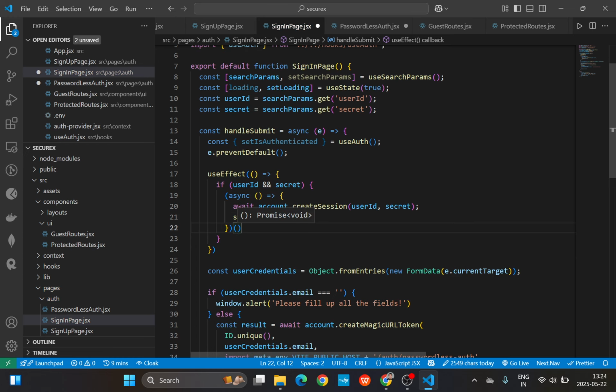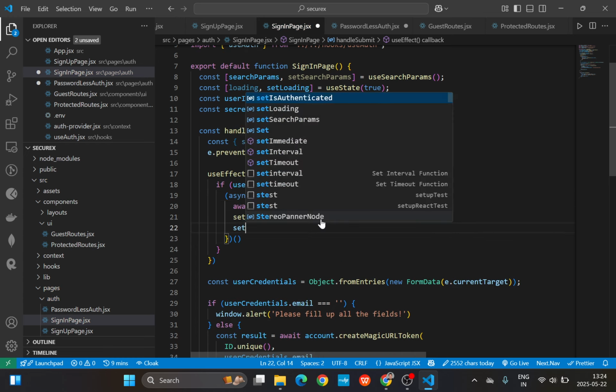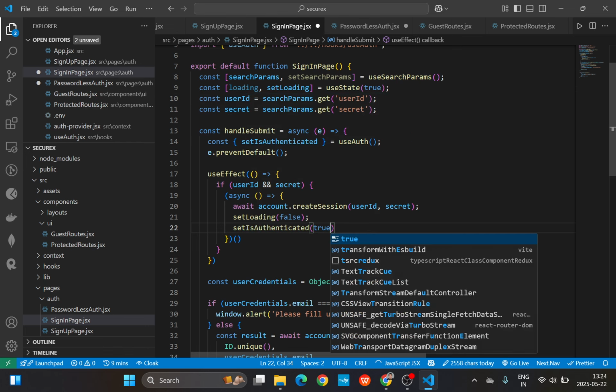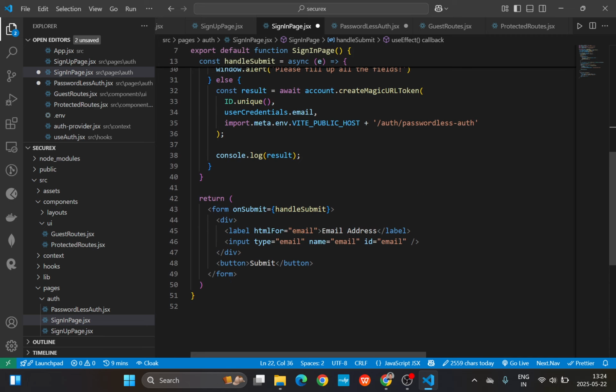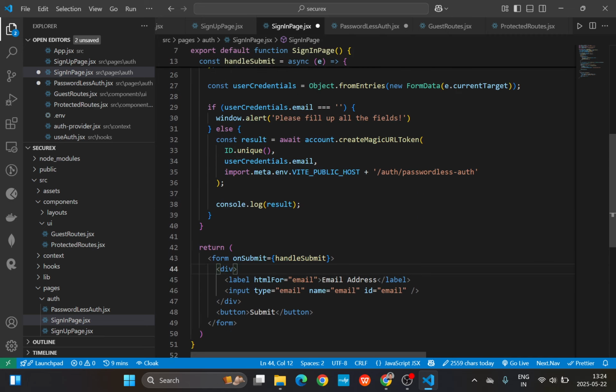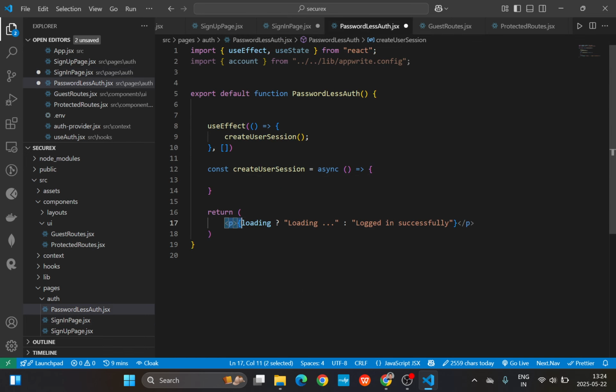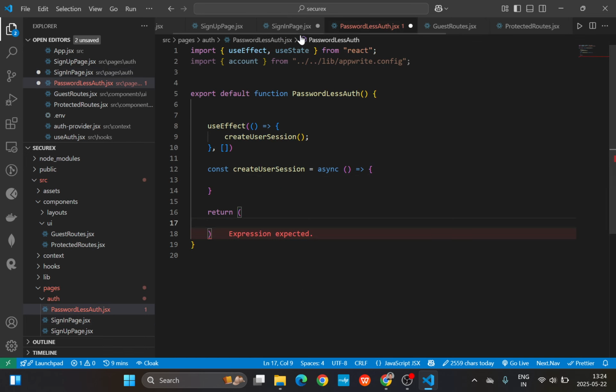Okay, and set is authenticated. What I will do is, inside this password method, what I'm doing is, now if I'm not getting